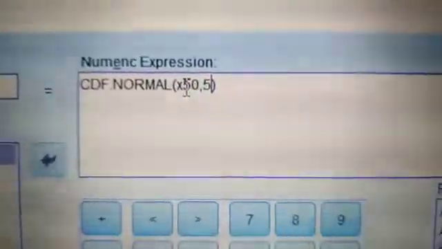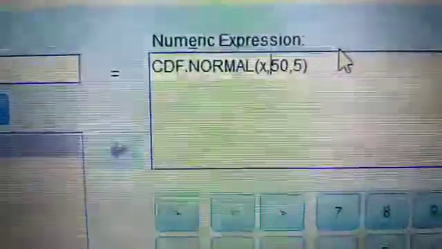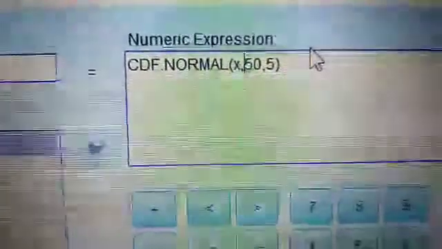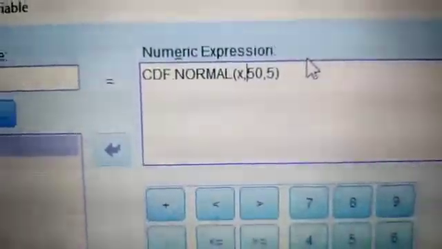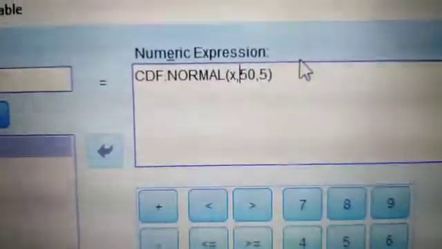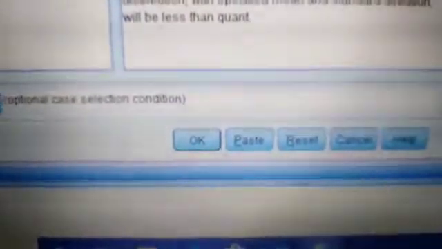This is the numeric expression for CDF normal. See here: CDF normal, first x, comma, then 50, the value of mean, then comma, and then the value of standard deviation, 5. Then click on OK.